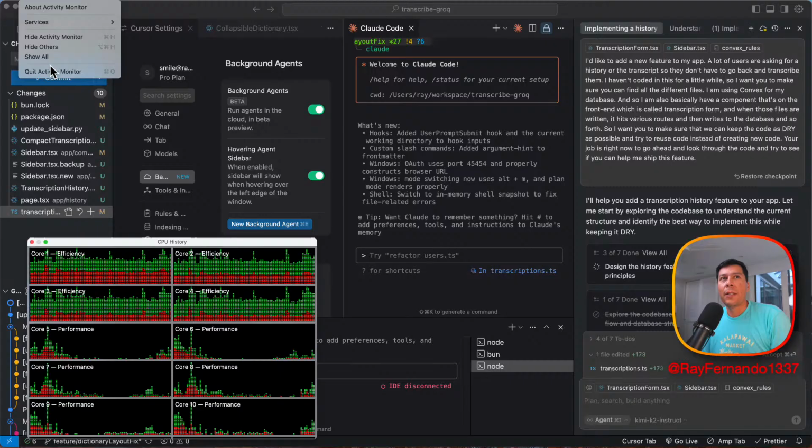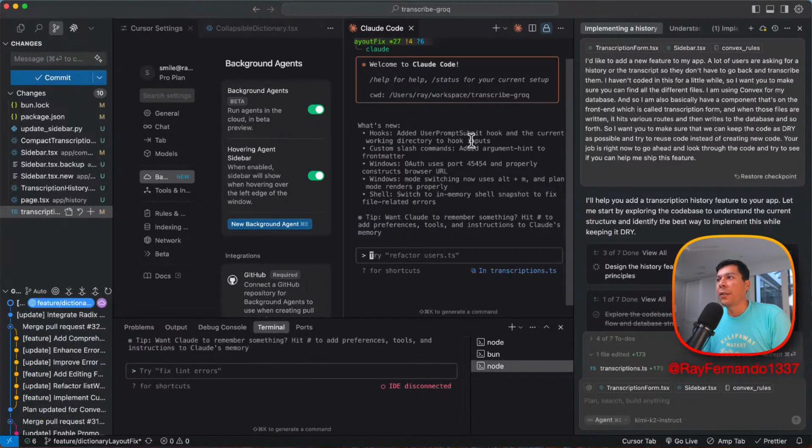So I'm going to go ahead and quit Activity Monitor. I might have to relaunch Cursor so that I can get back to a working state and clear all that virtual memory, hopefully. Okay, so now that we're in Claude Code, getting back to the question. So the question was, how do we integrate Cursor with Claude Code so that I can see the diffs back and forth? So whenever you're running a command in Claude Code,